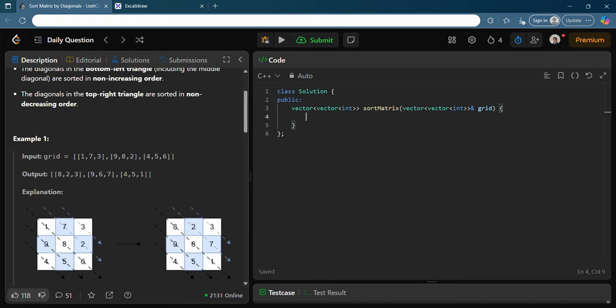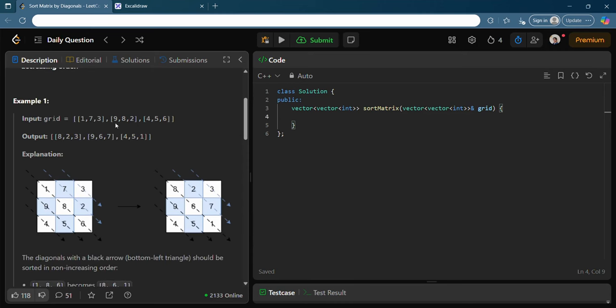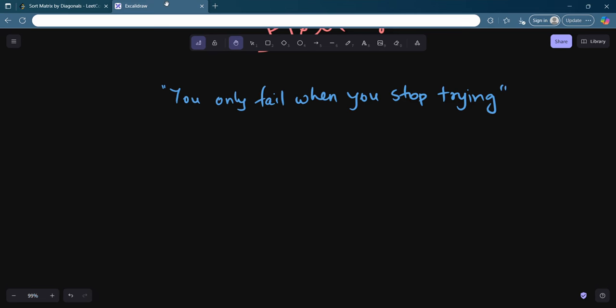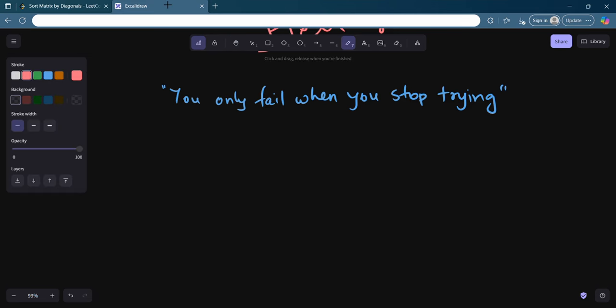So what we need to do is that if we are given a grid something like this, a 3 cross 3 grid, let's say it's given to be 1 7 3 9 8 2 4 5 6, and the output should be something like this. If you try to visualize it, I will just draw it for a better understanding. 1 7 3